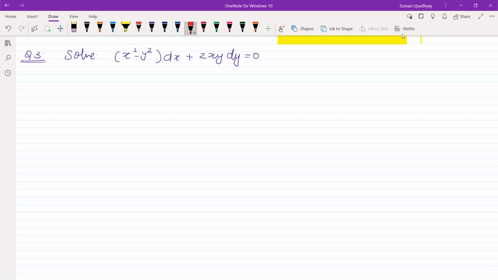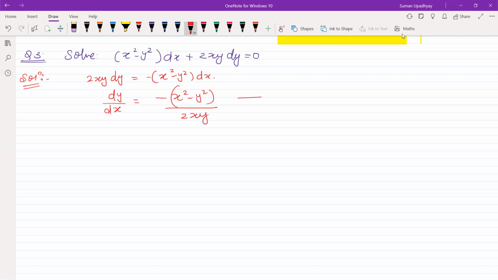Yes, students, let us see the solution of this question. So tell me, what did you all do? I'll write over here. Separate dy by dx. So I'll keep dy on one side and take this term on the other side. So I'll get this, right? Then I'll keep dy by dx on one side. So what will be left on the other side? This square upon 2xy. Is it homogeneous?